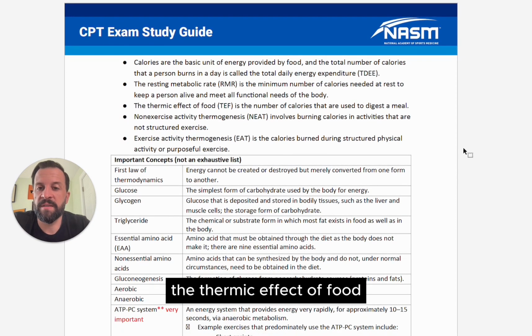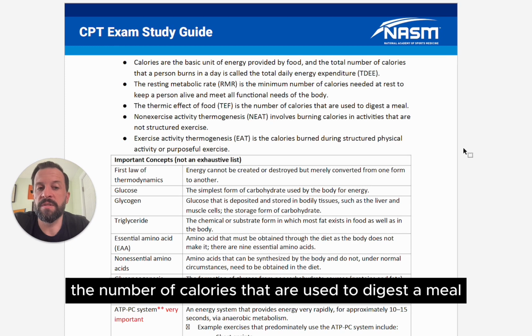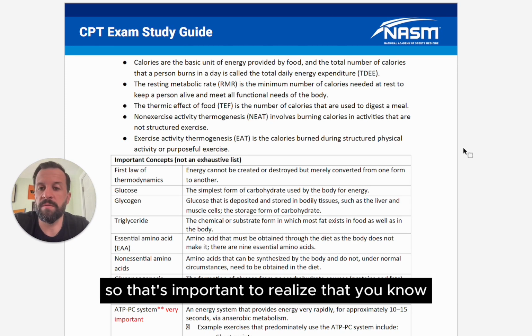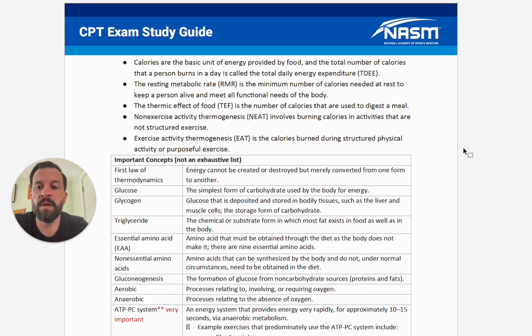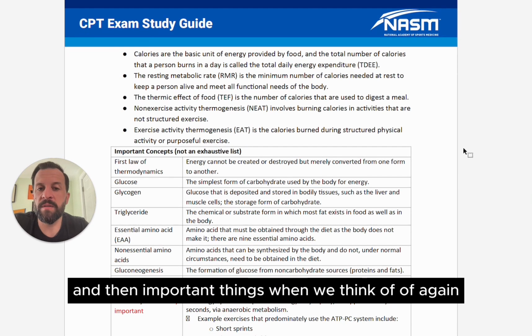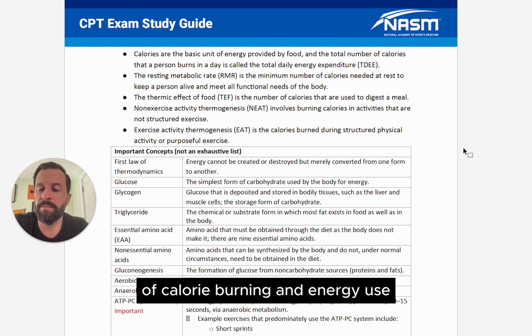The thermic effect of food, TEF, is the number of calories that are used to digest a meal. So it's important to realize that there is an amount of energy being used just to metabolize and digest our food. And then important things when we think of the total picture of calorie burn and energy use are